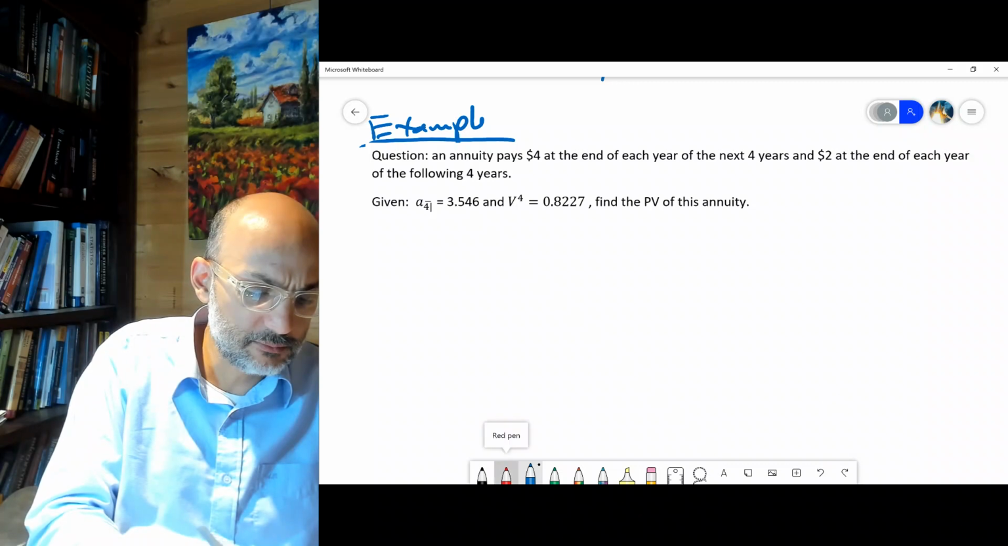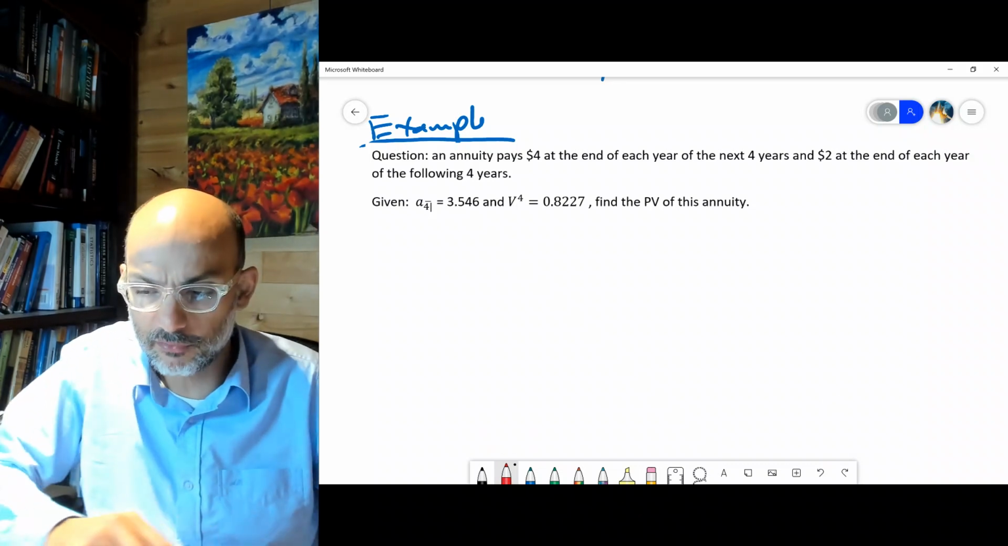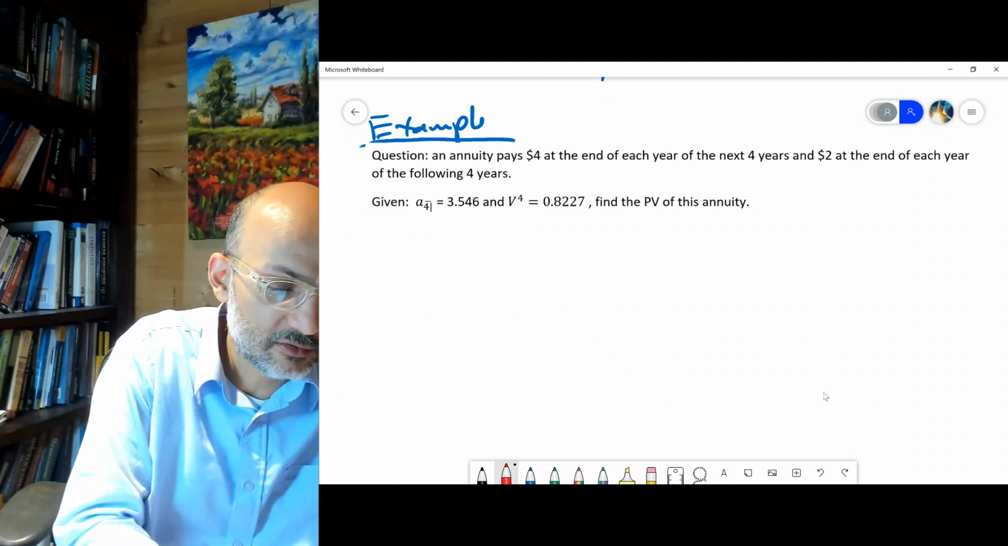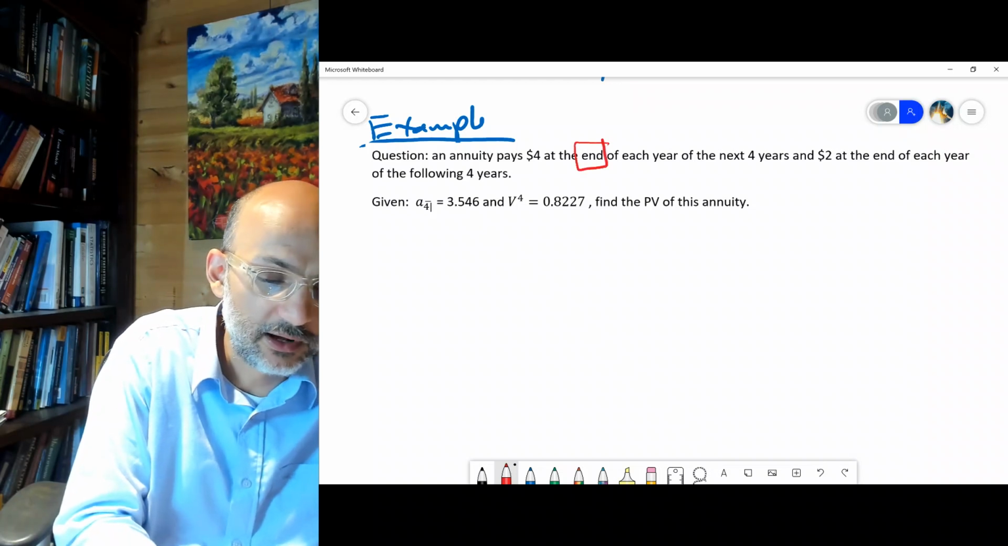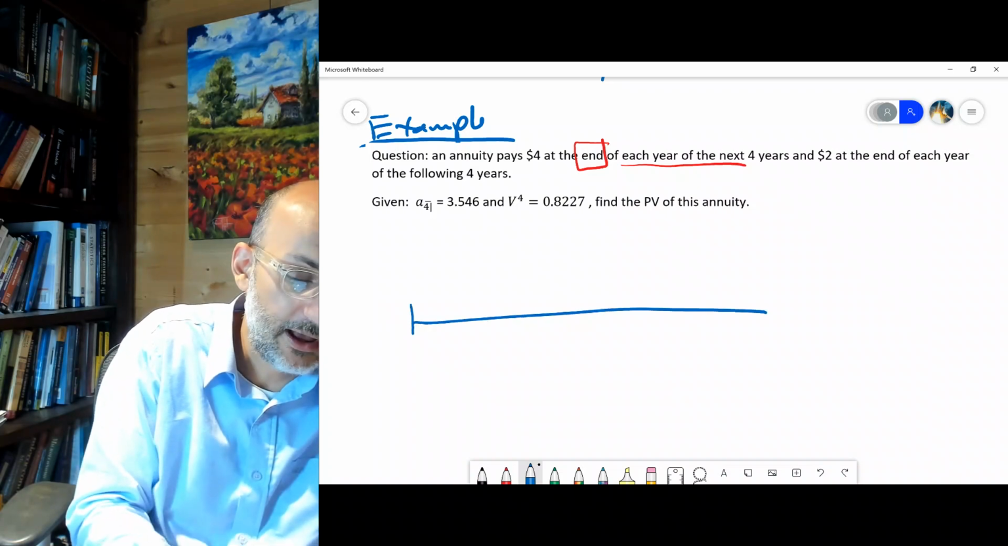It's very important to read it carefully. We need to read the question very, very carefully, right? Let's read it carefully together and see what's going on here. So you have an annuity that pays 4, at the end, important, right? At the end of each year for the next 4 years. Let's draw it. So an annuity